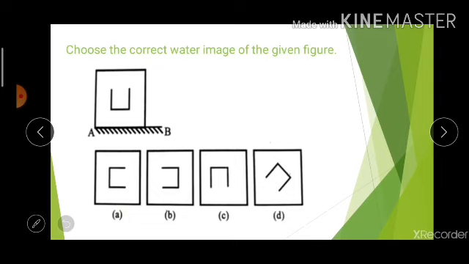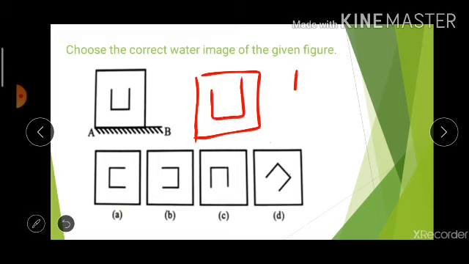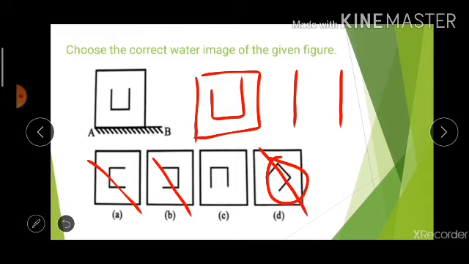Now in this question as you can see there is a U in the box. You will invert it. There is no inversion of the vertical lines. It will remain the same. These options are eliminated. Only one vertical line is there. This option is eliminated. There is a tilted U in this. In this option C, the horizontal line which was at the bottom in the original figure is at the top in the answer figure. Therefore this is the correct option.